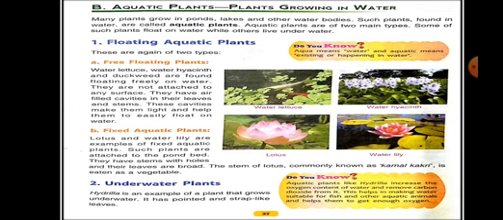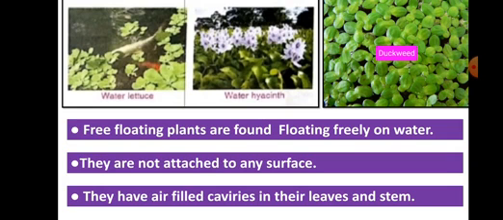It is helpful for the monthly test, because only two topics, aquatic and terrestrial, will be coming in the test, and you have to be ready for that. Okay, this is page number 27, aquatic plants growing in water. They are divided into two main types: floating aquatic plants and underwater plants. The floating aquatic plants are again of two main types: free floating and fixed floating. Is that clear? Now we will see the characteristic features of all these plants.